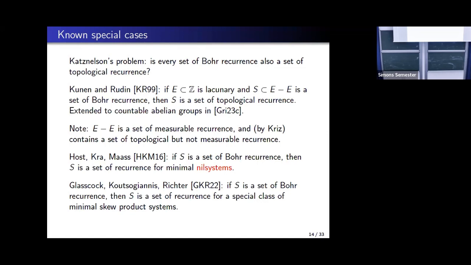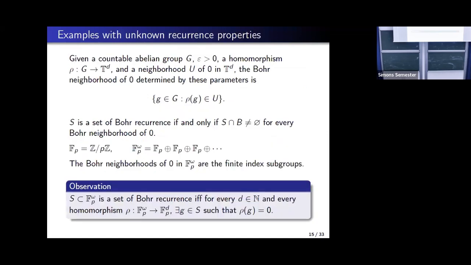This is a really nice survey. This sort of survey is like the whole history of Cass-Nelson's problem. I highly recommend it. Okay, so I want to give some explicit examples of sets of Bohr recurrence where I don't know whether